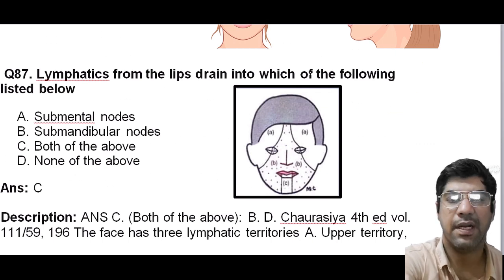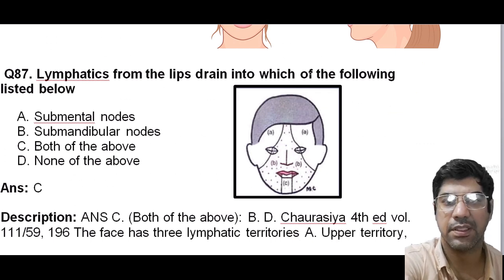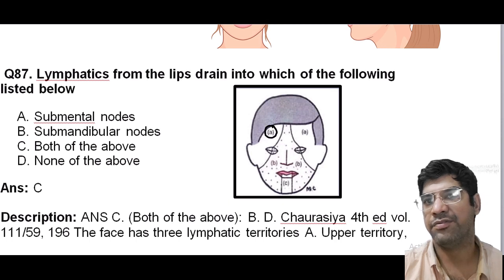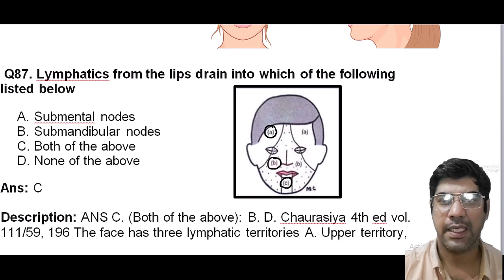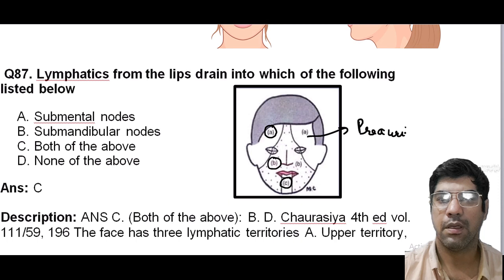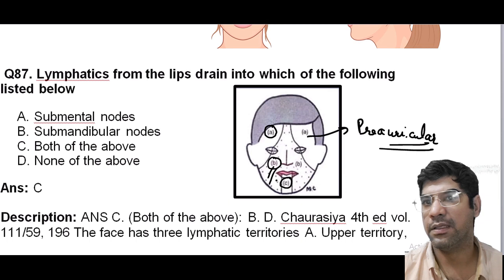Lymphatics from the lips drain into which of the following structures? So answer is B. Remember, the face has three lymphatic territories: region A, B and region C. Region A is the upper territory that includes the greater part of the forehead, lateral half of the eyelid, conjunctiva, lateral part of the cheek and parotid gland, that drains into the preauricular nodes. The middle territory, this B region,